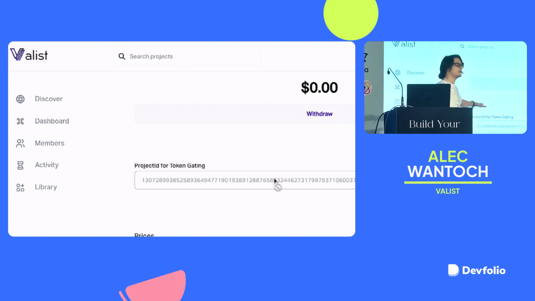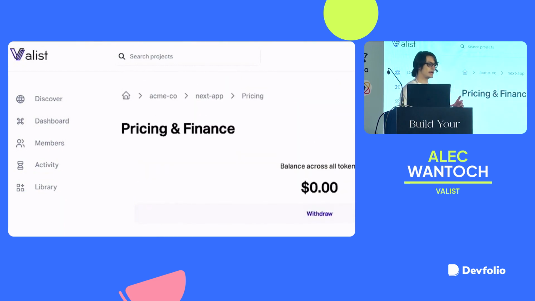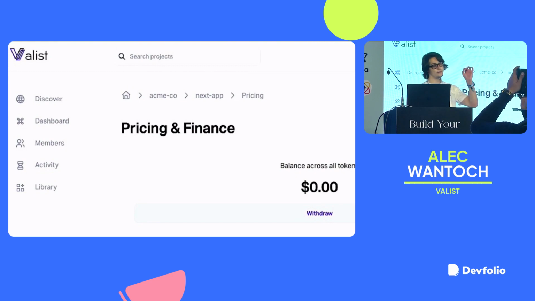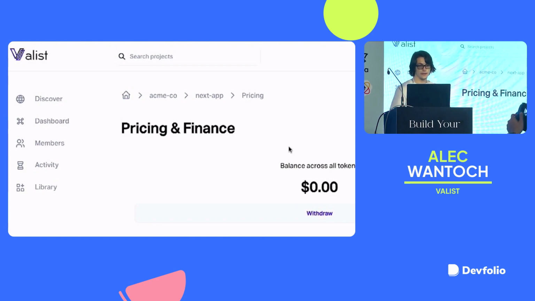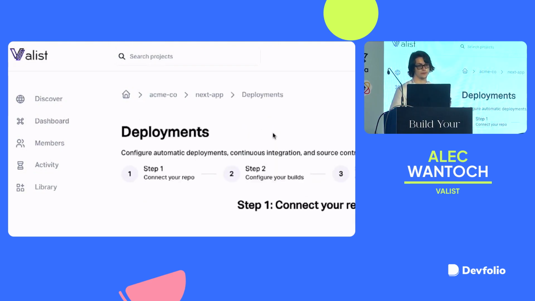You can use that to token gate your application in all different types of ways. You can also set license limits and anything else that you'd like. And the actual image that it uses for the NFT will match your project's image. So if you set that header image there, that's what will show up as the Valist product license NFT when the user purchases it. But I'm going to set up the Git deployments here.